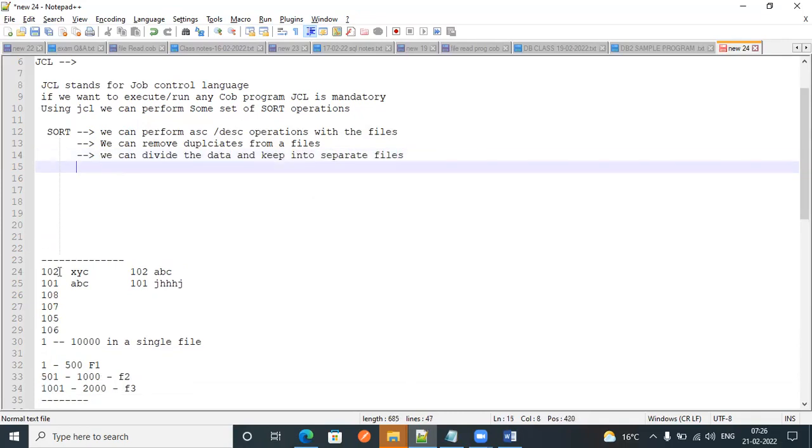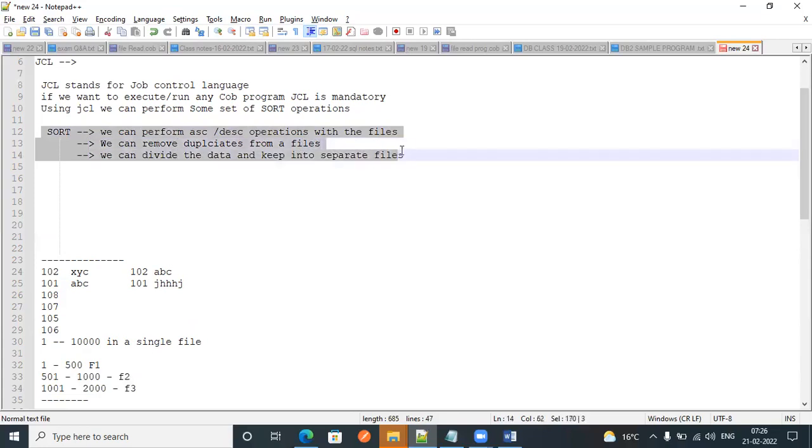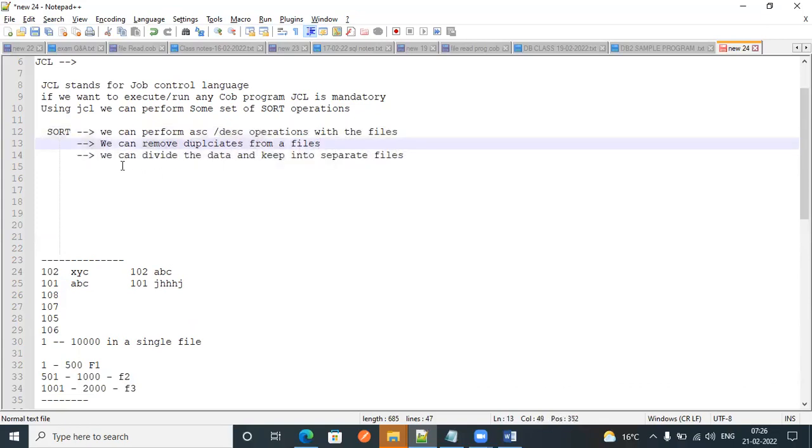So we can do more operations, depending on our requirement. This is how sort will work in real time. We can perform ascending or descending operations with files, remove duplicates from a file, and divide the data and keep it in separate files.